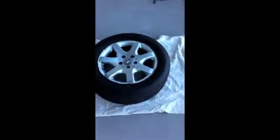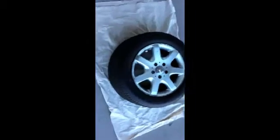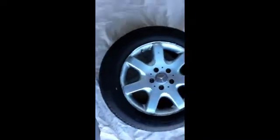Okay, and here we go. Now you can actually see the wheel that we're going to try refinishing. This is off of a SLK Mercedes convertible. It's a 16-inch alloy wheel, and you can see a lot of bad curb rash, and you can actually see the finish